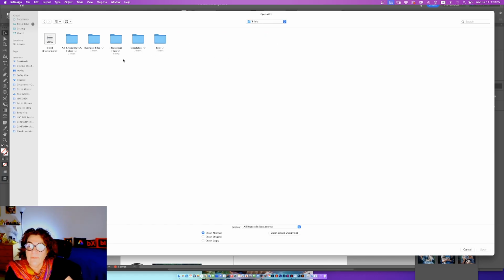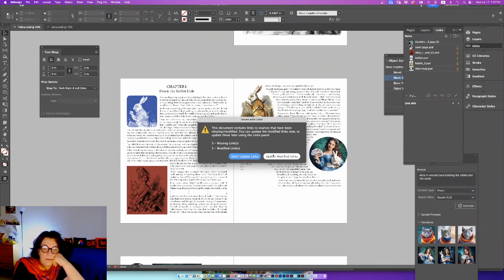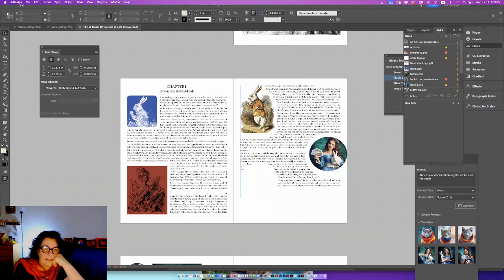Even with the threefold brochure, I'm just going to open the stuff over here and update and modify the links. I do have a template for that, and I have an object style for everything that you see. You'll see that I have text wrap in it as part of my object style. Hopefully it will